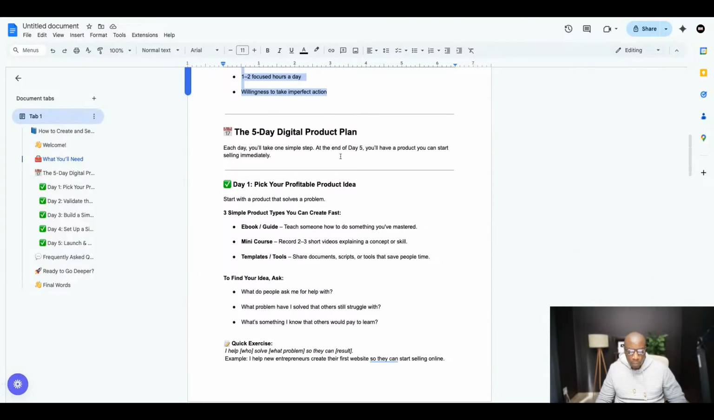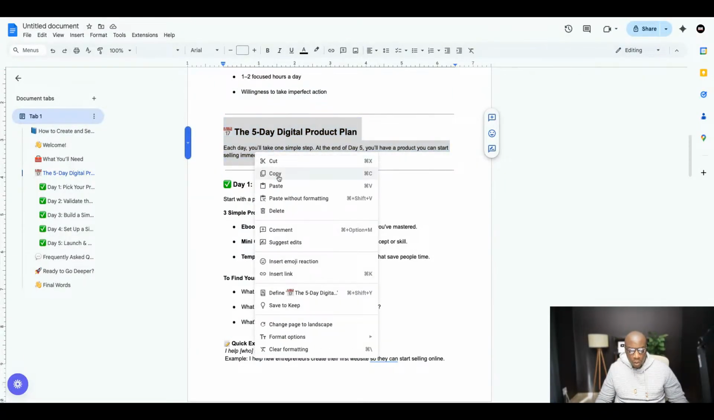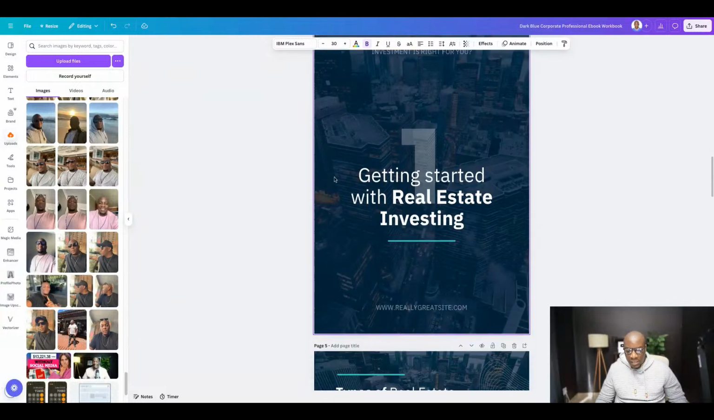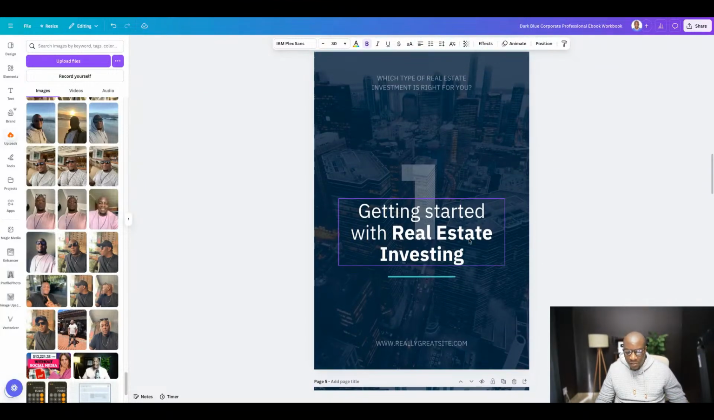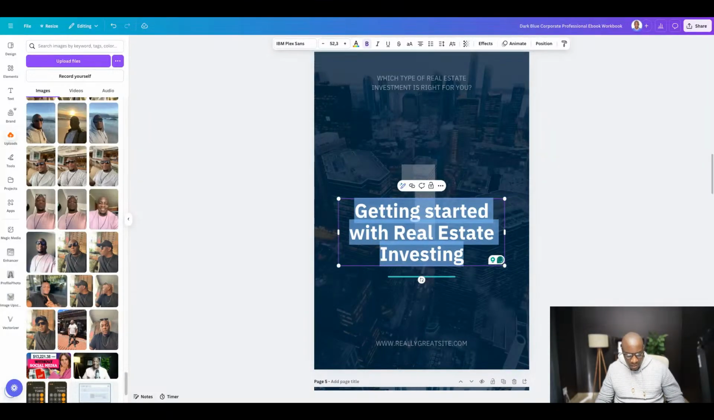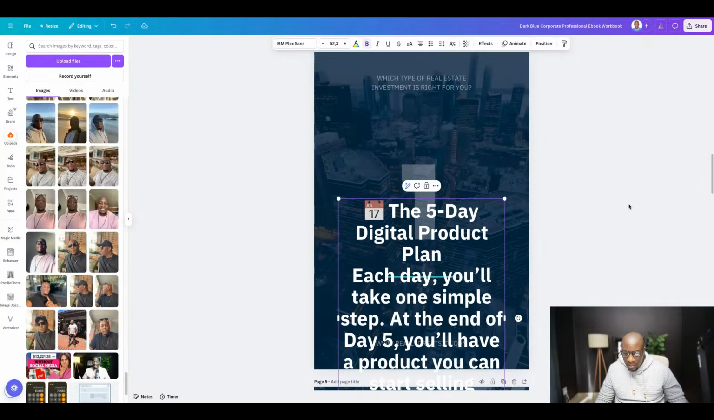The 5-day digital product plan. So I'm just going to copy it like this. Okay, let me just copy the whole text. I'm just going to copy this, and then I come to this next page. And I like that here is just this nice image at the back of a city. I think I'll just keep it as it is. So right here at the center, I'm going to paste this here,